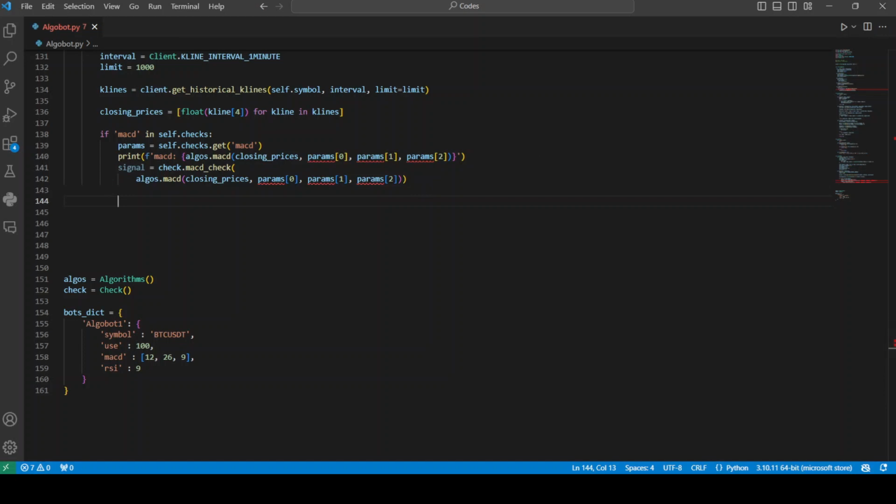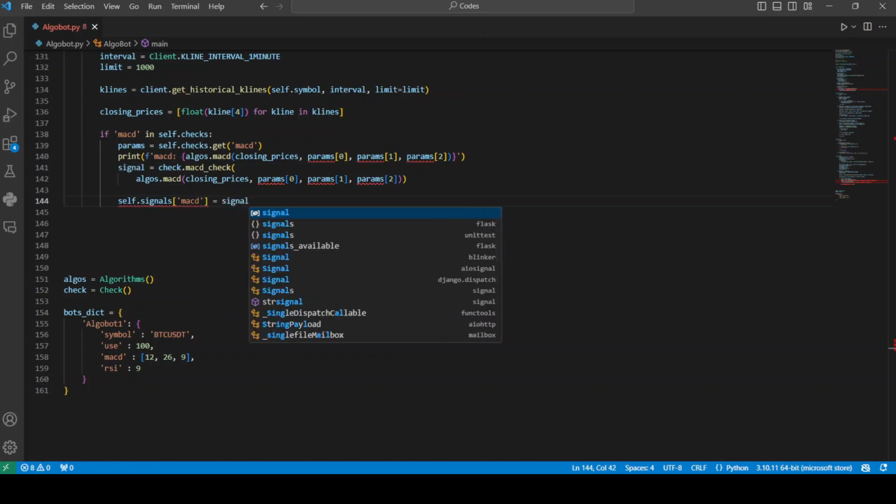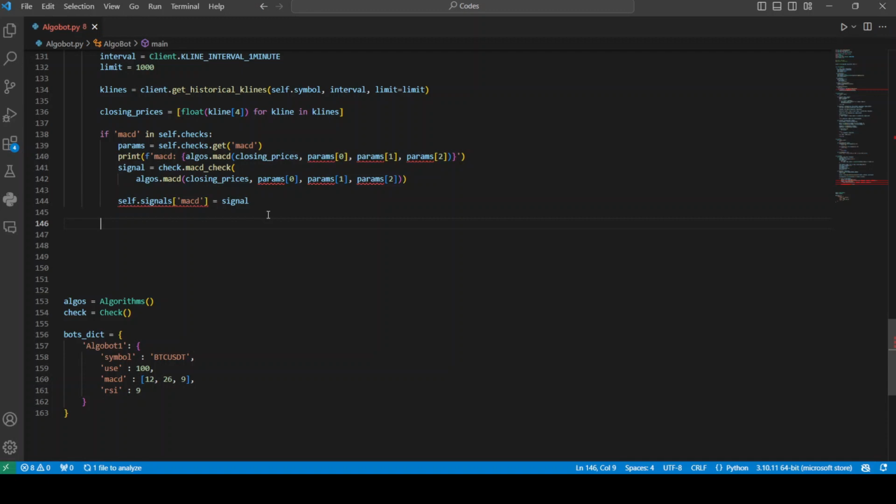So finally, now that we have the signal check, this will check whether it's a buy signal, a sell signal, or not a signal whatsoever. So now after we have all of this, then we can just say self.signal. So this will be the dictionary that stores all the different signals, and we can just say for the MACD is equal to whatever the signal up here will be. And now after we have this, then we can just say the same thing for RSI. So if RSI is in self.checks,